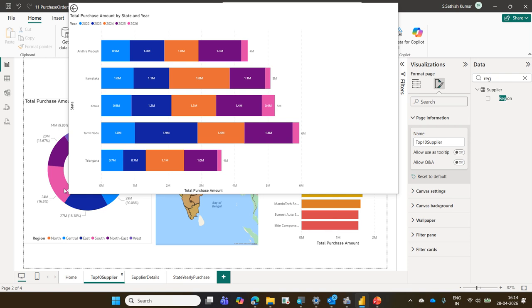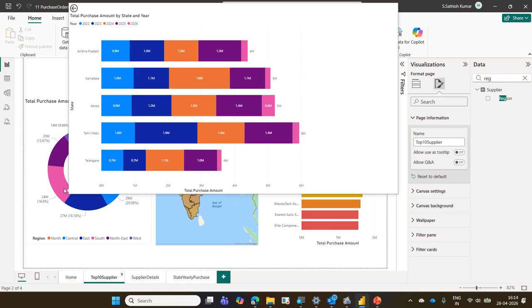But you can do any one. Now see, drill through will not appear. You cannot use the drill through now. Here, if you go to this page, drill through will appear, and that page will not appear here. Either drill through or the page appears here. If I don't want the page here,